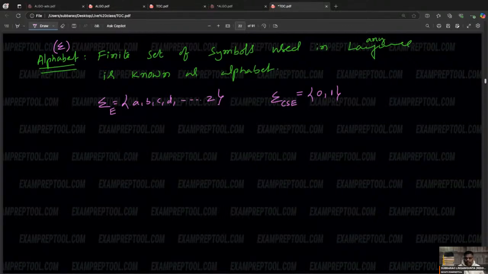So sigma for the CSC branch, alphabet is equal to 0, 1. Next one, sigma Hindi language is equal to,